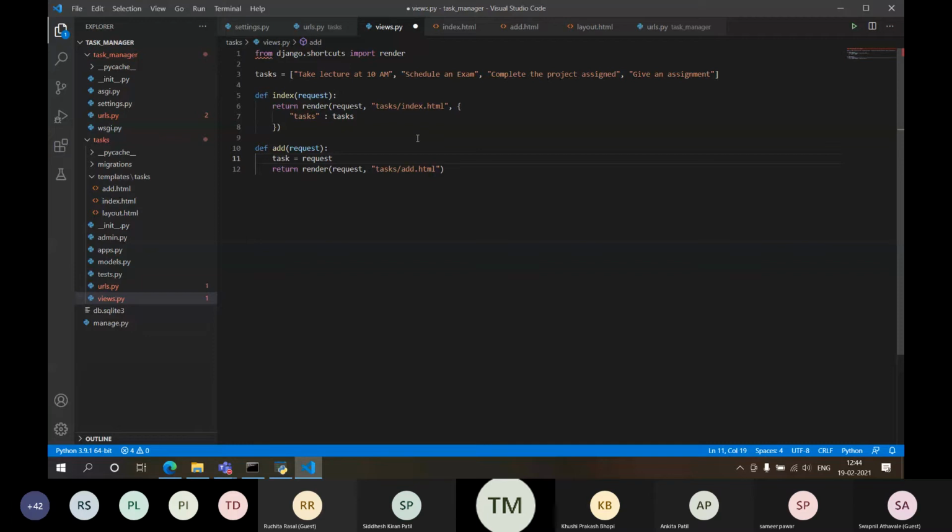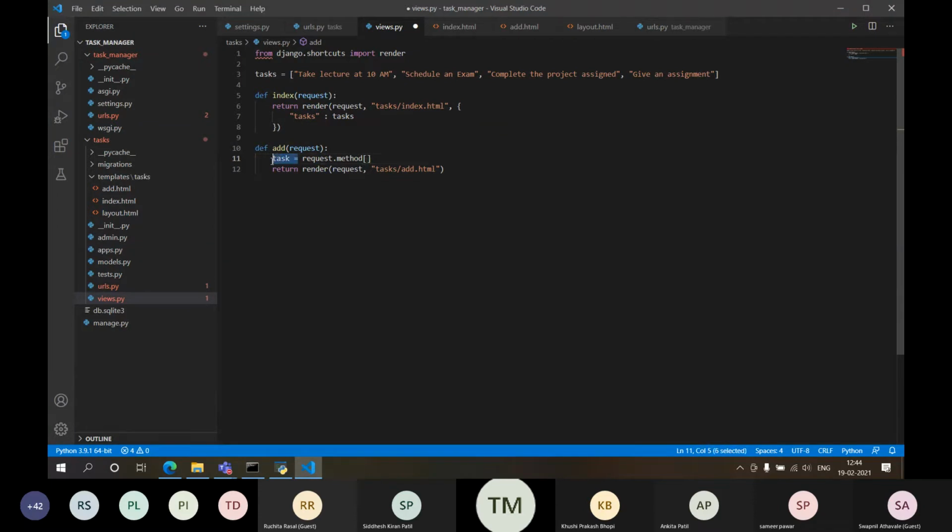Request dot method equal to, oh, sorry, this. I need to check if the method is this or not, meaning request dot method is post. If I want to check, I'll check it like this.